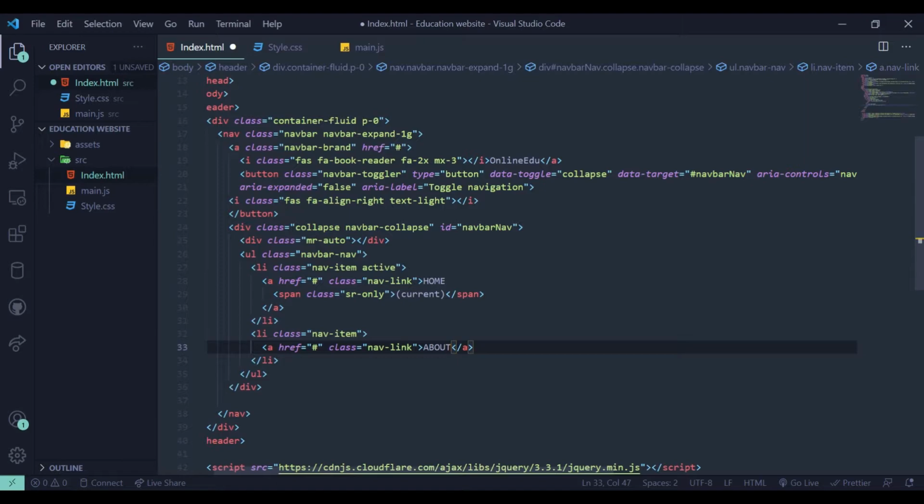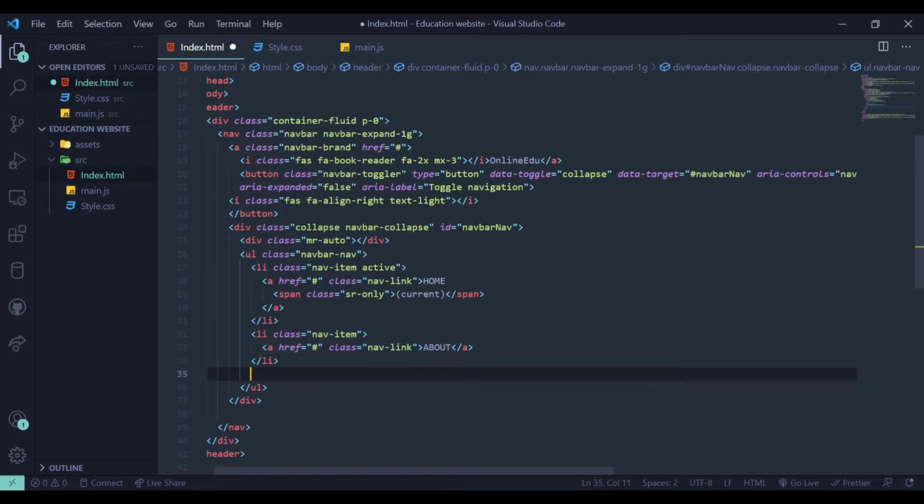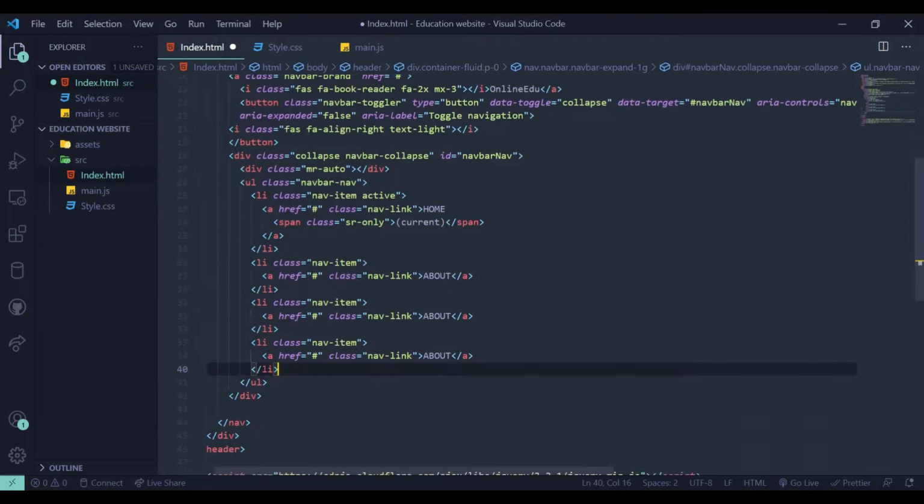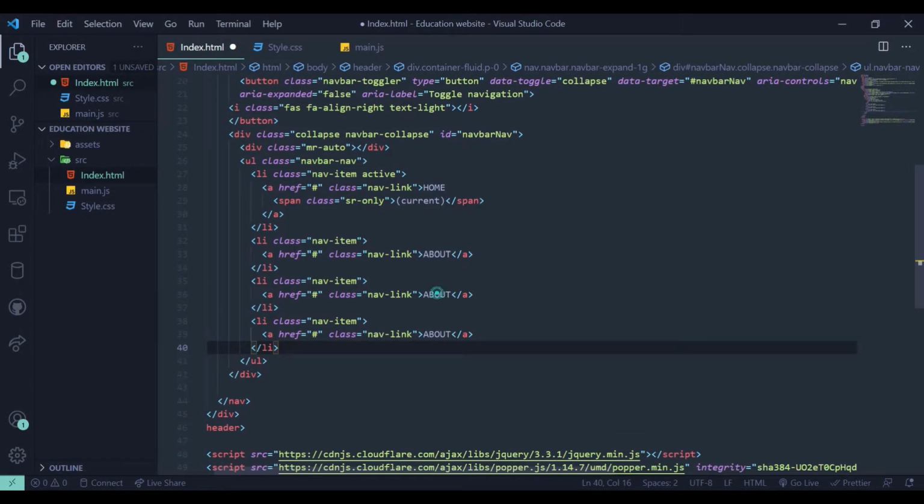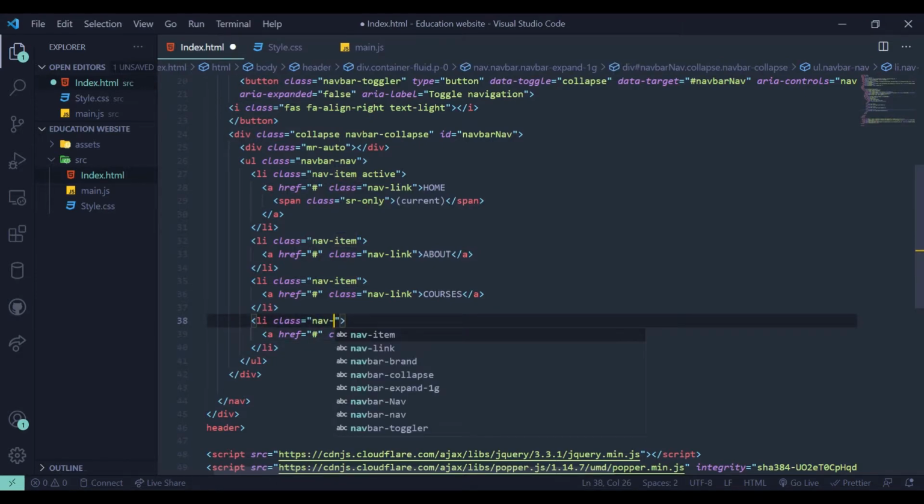Now we are going to duplicate this. So come back here, copy this, and let's add more nav items. So for this one, I'm going to change my text to courses. Next, for our next one, I'm going to change my text to instructors. And here also I'm going to change my class to nav item